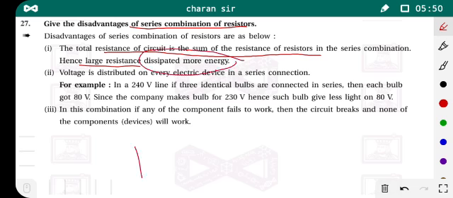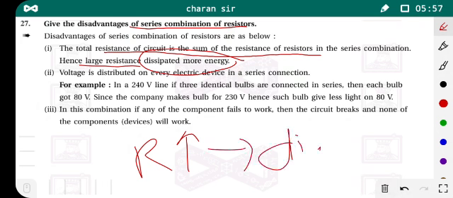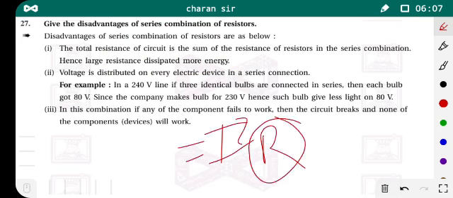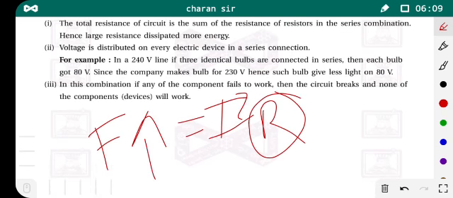If your value of R is large, this leads to dissipation of the energy also being large. Okay, by Joule heating effect, I square R. If your R is large, so your dissipation energy is also large. So most of the electrical energy will be lost due to the high value of the resistance.